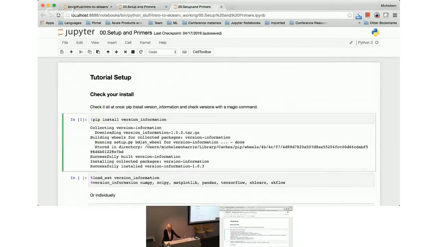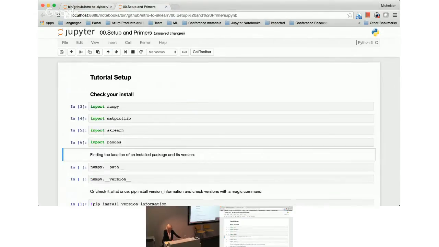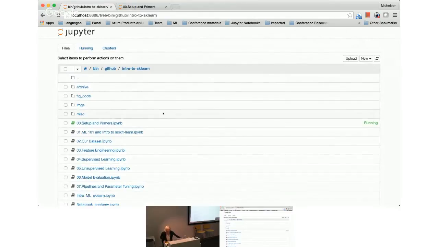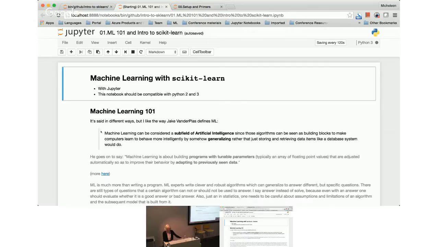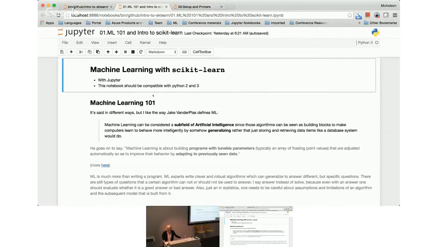Why do I have this open twice? All right, so I'm going to go ahead and push on, and we're going to open up the next notebook. So that's notebook 01, and it's our introduction, our machine learning 101, and really a basic introduction to scikit-learn. All right, so like I said,